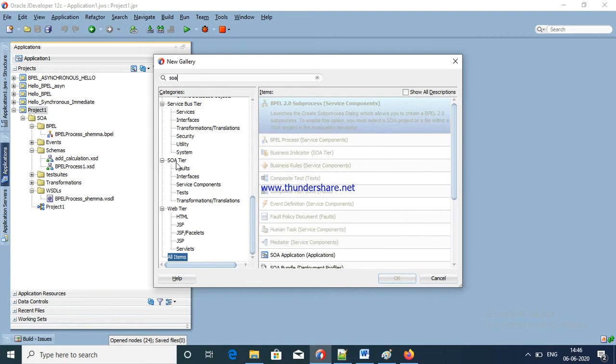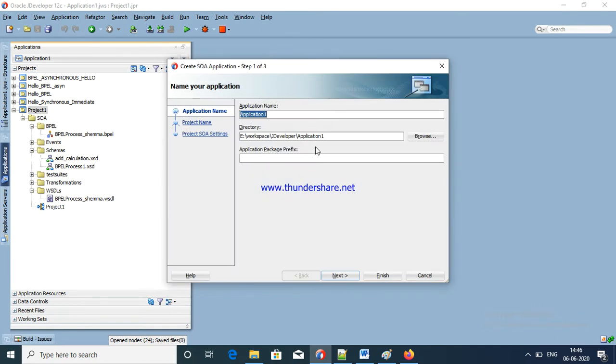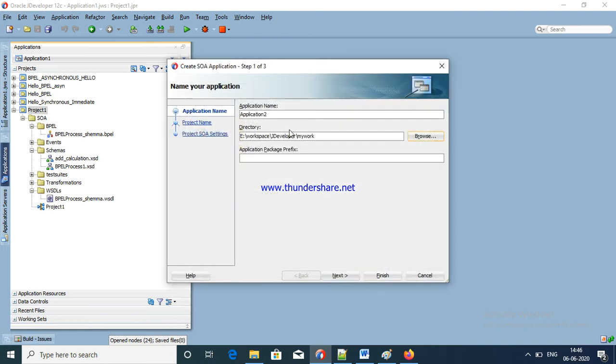SOA Tailor application. Click here. Okay, and the application already exists. Now I am going to create it in my workspace directory, developer. This is my workspace.